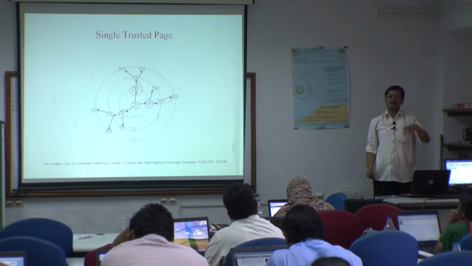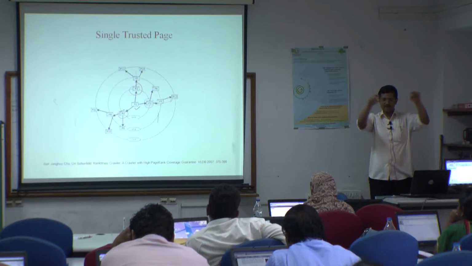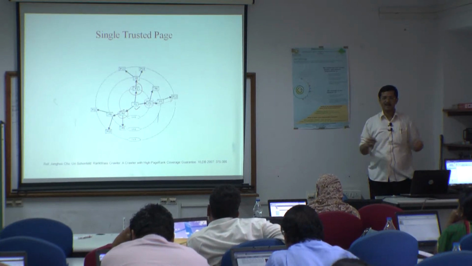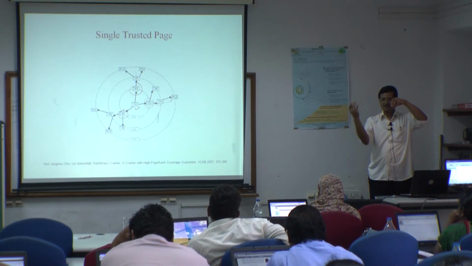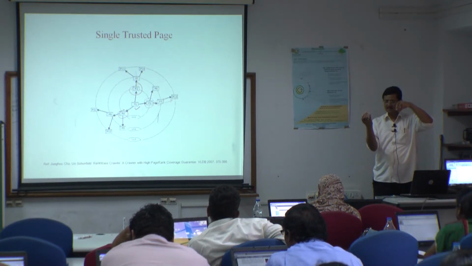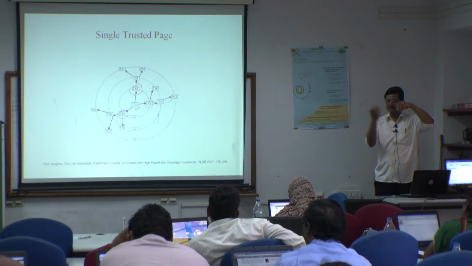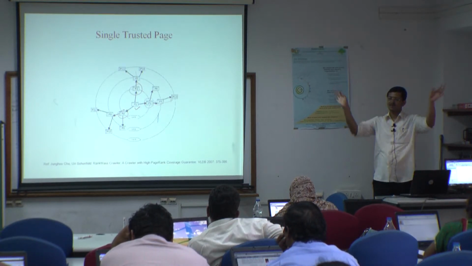Suppose at level 1 we collected 3 pages and I calculate the page rank. Now at level 2 we have 5-6 more web pages, and again we calculate the personalized page rank. If the new pages support the minimum frequency threshold, or cross the minimum frequency threshold, we include them and go forward.